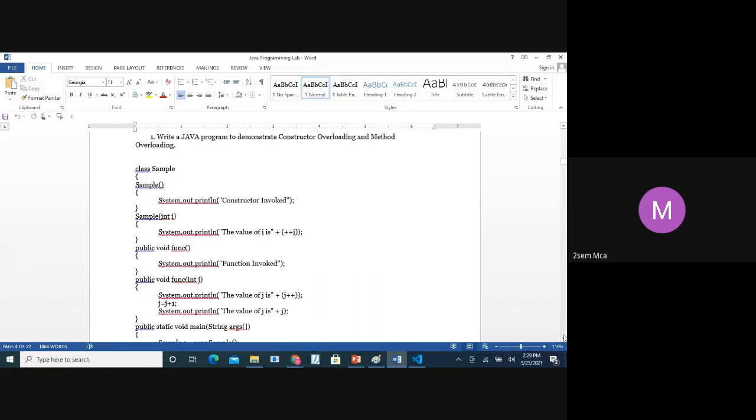Shadab, present, ma'am. Sharan, present, ma'am. Shushank, present, ma'am. Sheetal, present, ma'am. Shivani, present, ma'am. Soumya, present, ma'am. Spurti, present, ma'am.